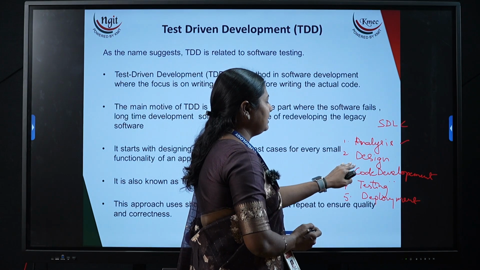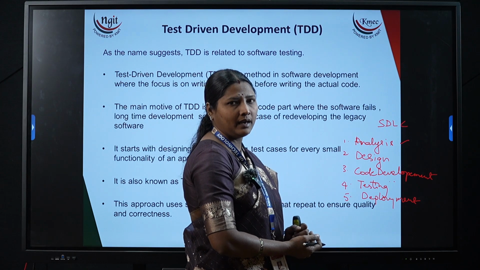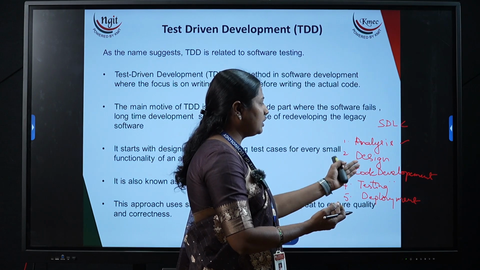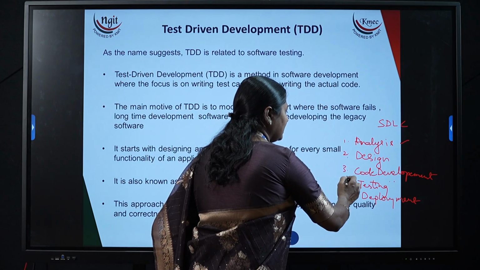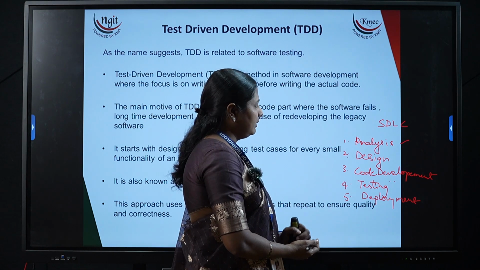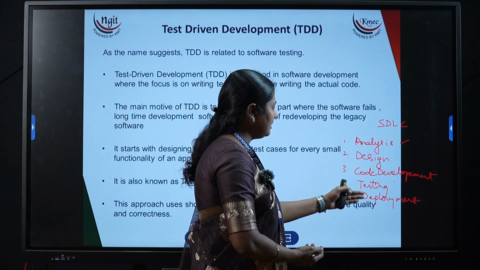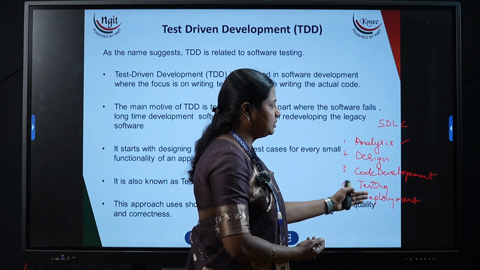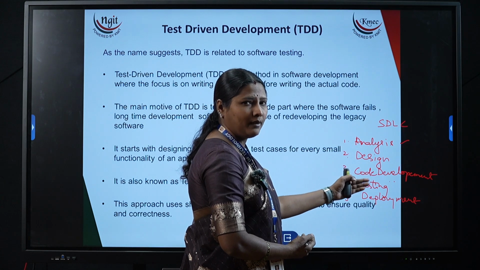Coming to the second one, design. As we are familiar in this subject, we use object-oriented analysis in developing the designs so that we can build the code based on these designs. The next stage is code development. Depending upon the designs, the developer or the analyst is going to develop the code. Based on that code, they have to perform the testing. After testing, the product is deployed and handed over to the end user. So these are the major stages in the SDLC, that is the software development lifecycle model.